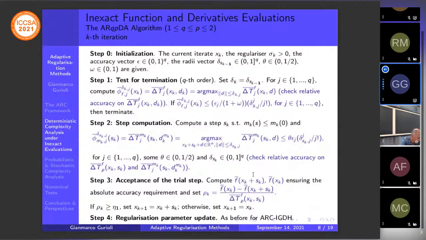It's worth noting that all these quantities have to be accurate enough to be used. So a check subroutine is run to verify whether the agreements between the x set and the next set quantities are sufficiently small to fulfill the accuracy requirements themselves. Otherwise, the next set quantities are recomputed.